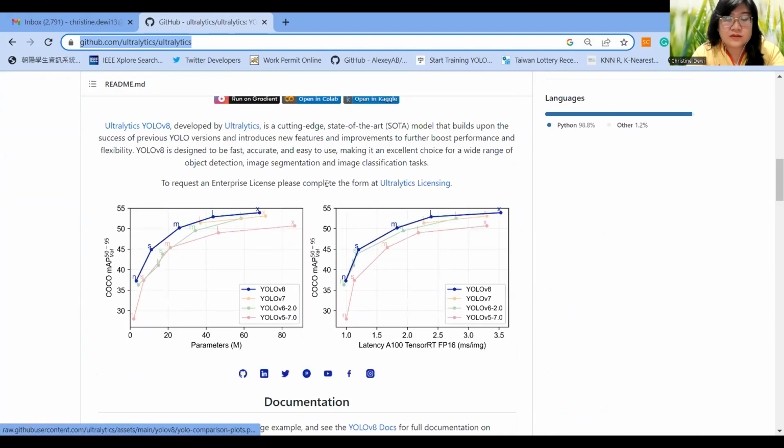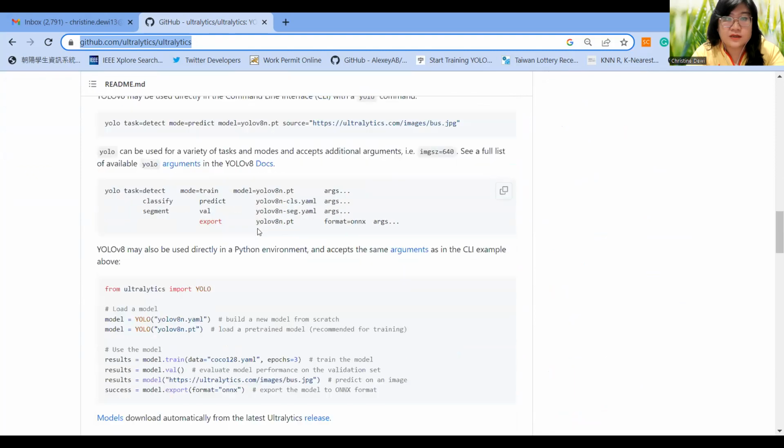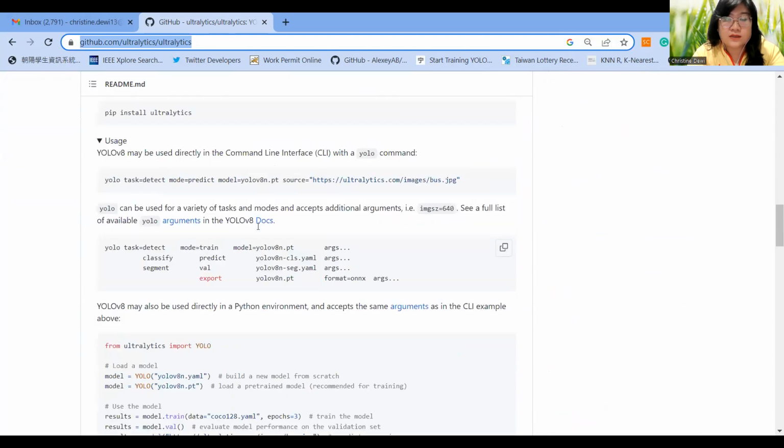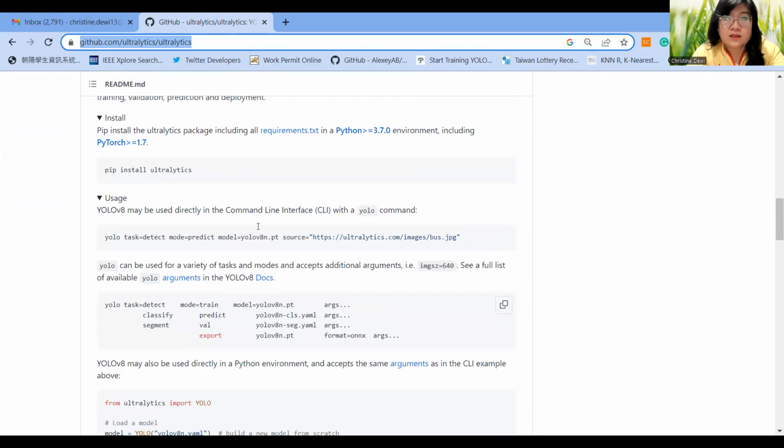It also has the documentation on how to install, with the requirements: the Python version should be higher than 3.7, and PyTorch 1.7, and we can just install it through pip install Ultralytics. Okay, so let's try. In here, we open our